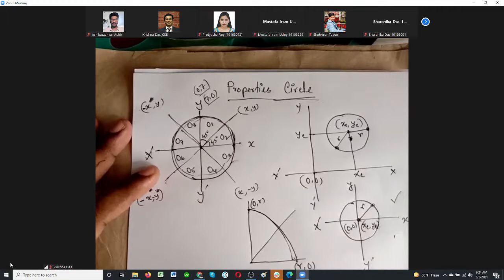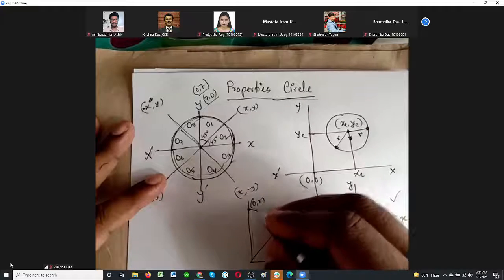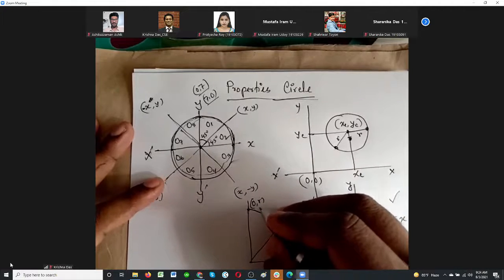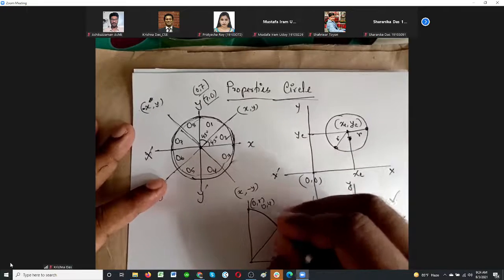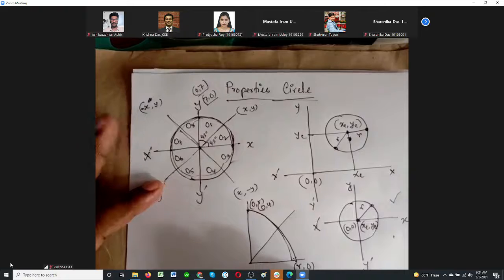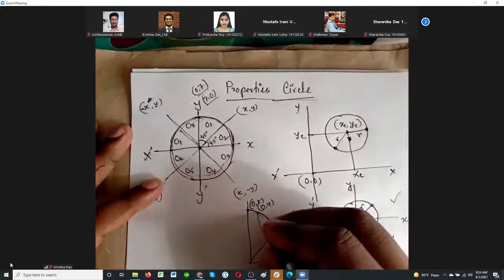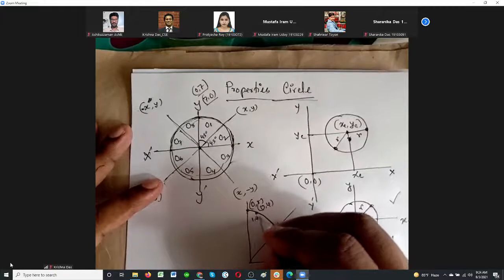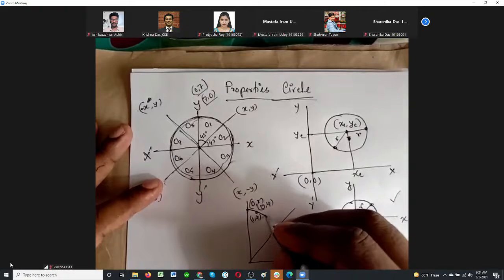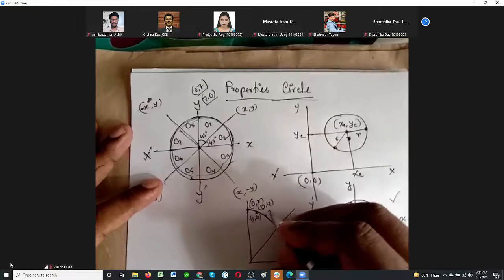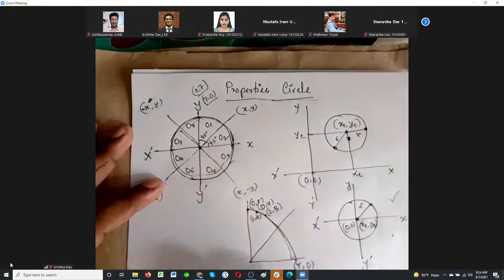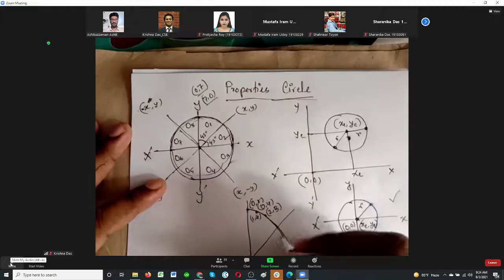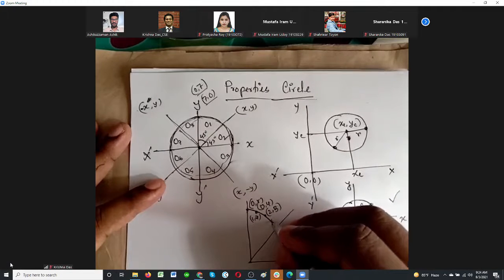At some point, maybe we can have, say, if this is 0, 4, just for example, then here maybe this point will be 1, 4, this point will be 2, 3. This point will be, say,